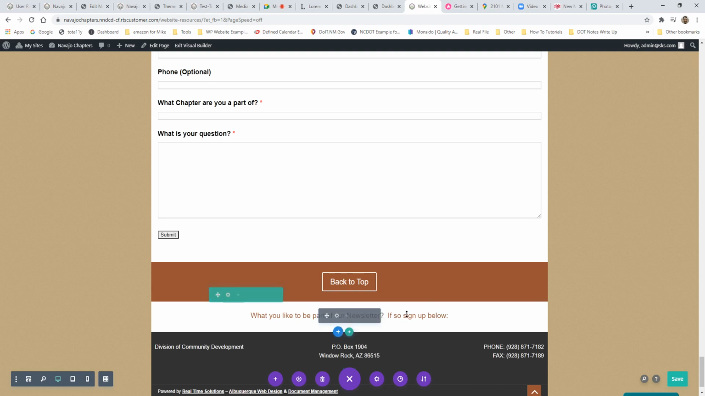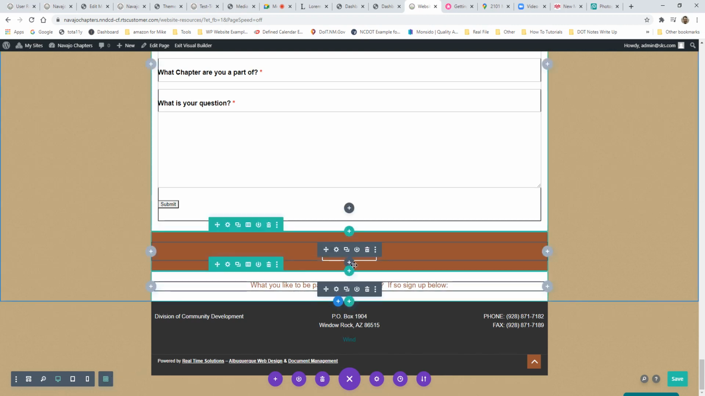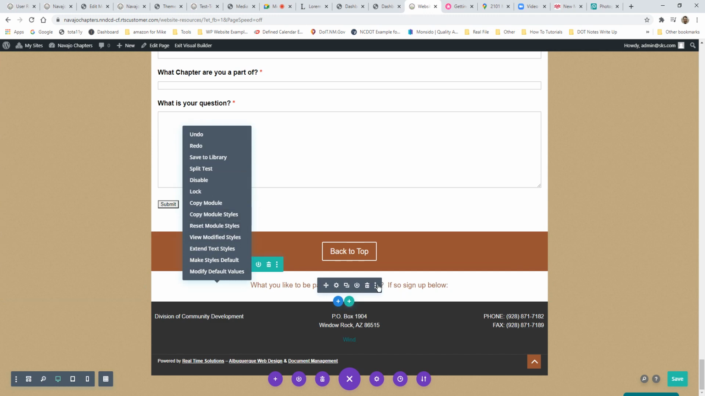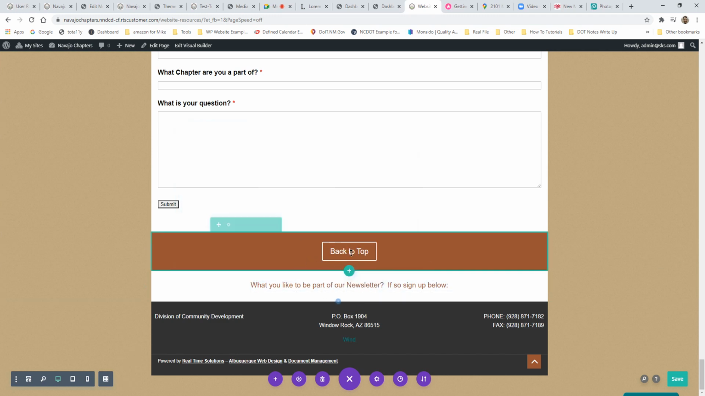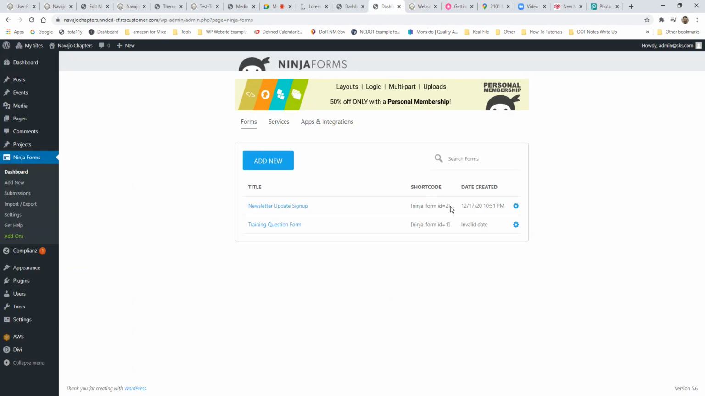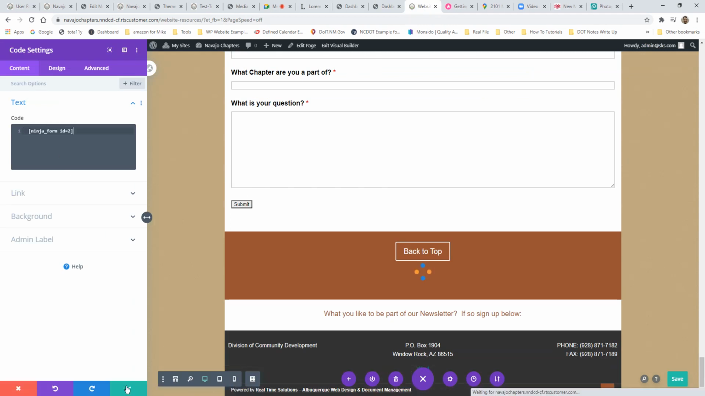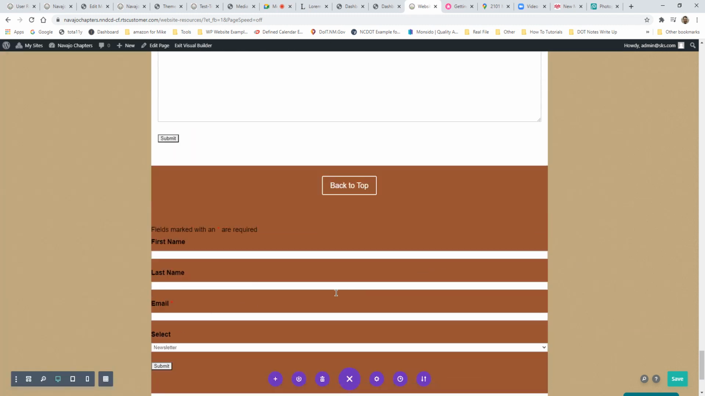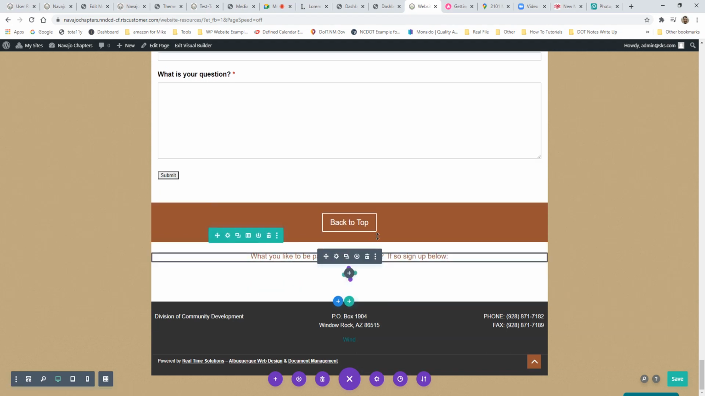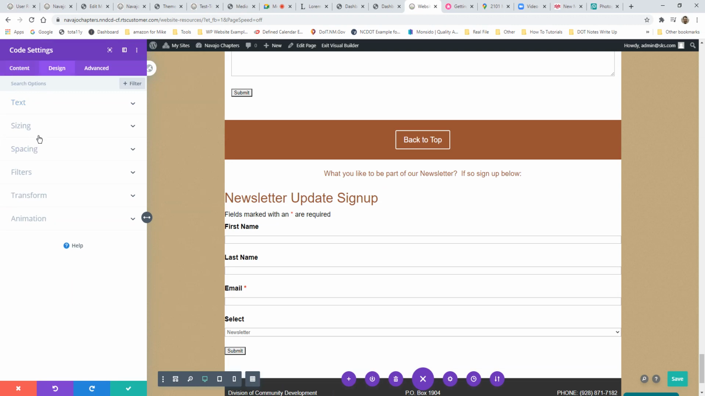and then I would come in here and I would add a new module, the code module, and I would just grab the short code Ninja Form ID 2, and paste that in there, and it's in the wrong one. I would just grab it and move it down here. And there's a form, and I can help you with some styling and things,